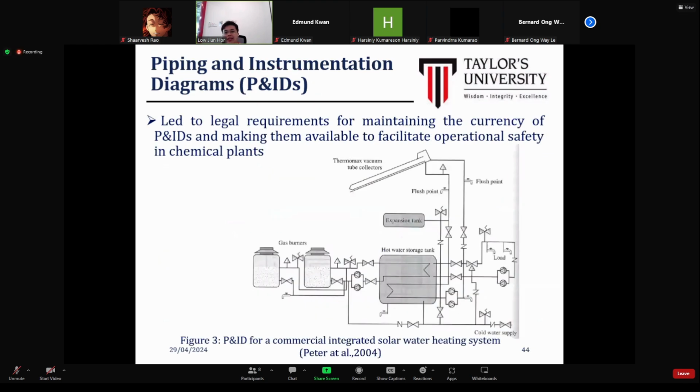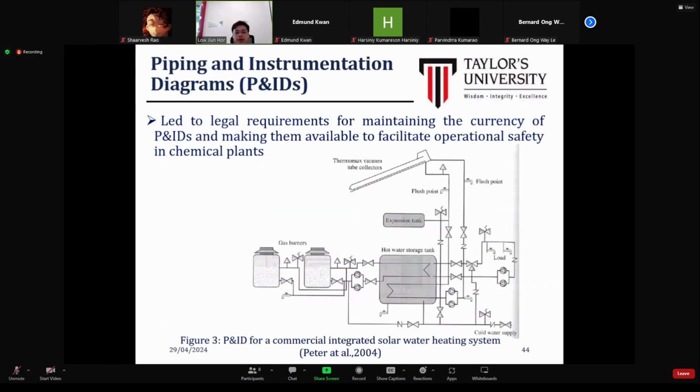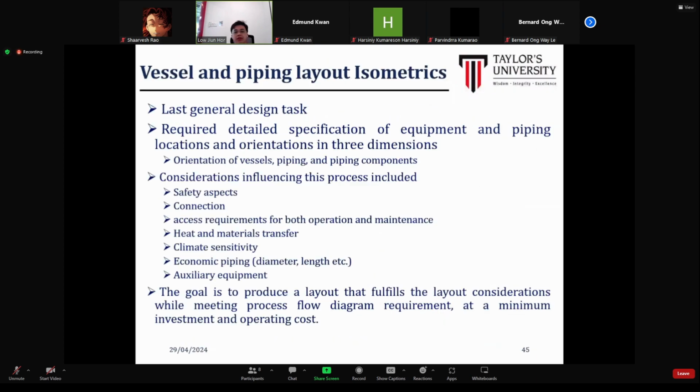Okay, this is the example of the P&ID diagram. This one should be no problem because you learned it in process control already. I just try to recap on it. Once we have developed the P&ID diagram, the last stage is that we can proceed to the